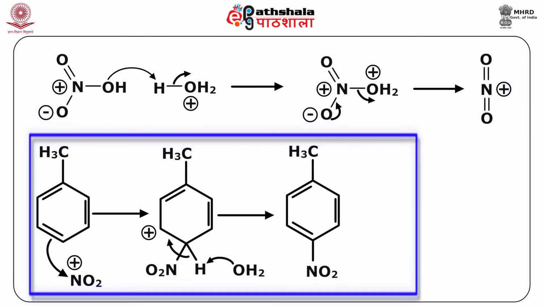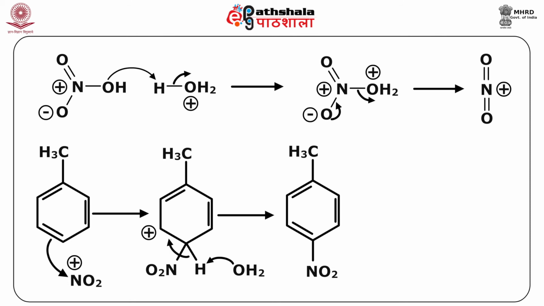Nitration of toluene here is an example that I will take, and it will give you a para product. Let me tell you here, we have taken this as an example of alkyl groups from the categories, and that is an ortho and para directing group. So the incoming electrophile, that is the nitronium ion, will come majorly to the para position. Also in some quantities the ortho product will be formed.